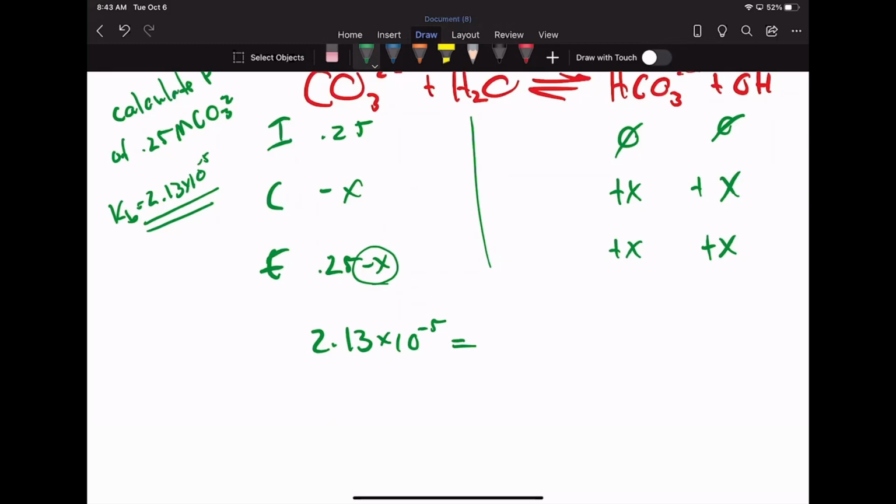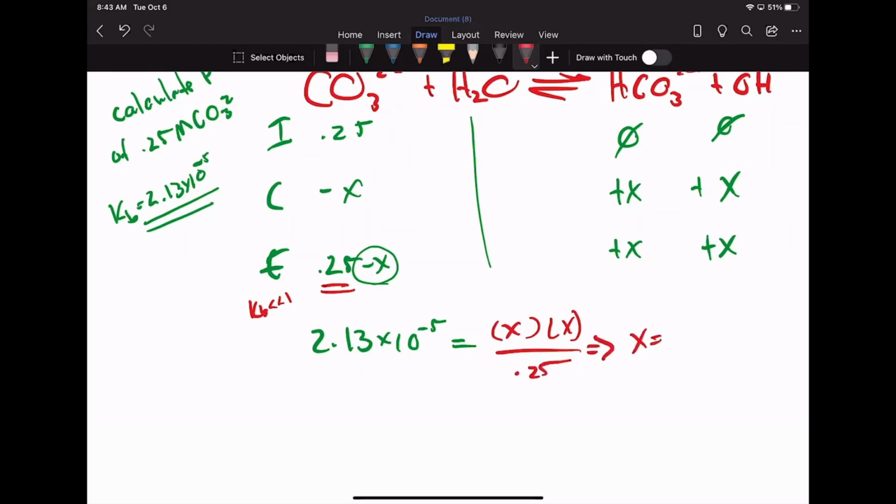It's to the minus 5, which is a lot smaller than 1. So we can just go ahead and ignore that, because the Kb is a lot smaller than 1. So we're going to have x times x over 0.25,